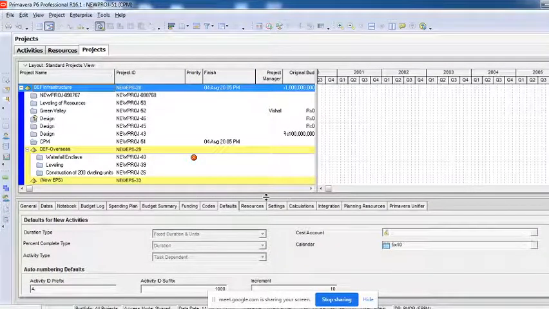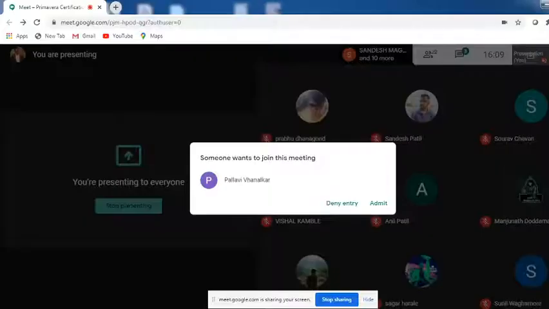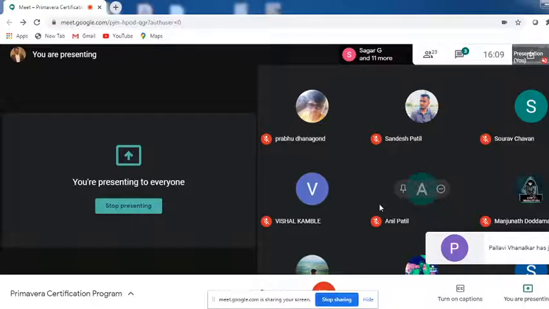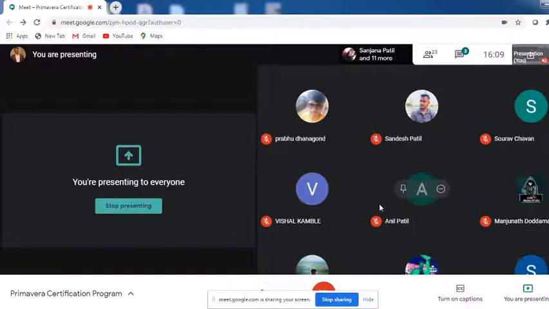So what we are going to do now is known as codes, groups, and filters. Coding and grouping are not two different things, actually. They are related, because only when you start giving codes to it do you want to filter it or group it. It's all interrelated to each other.